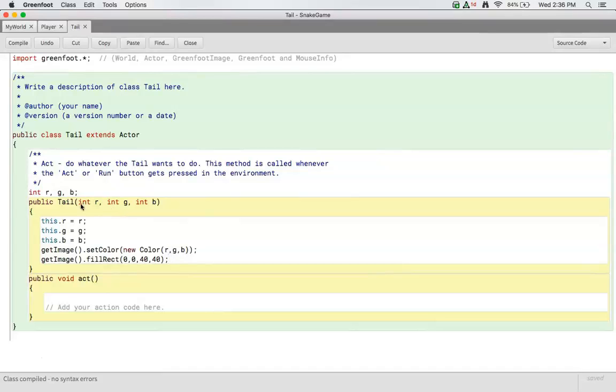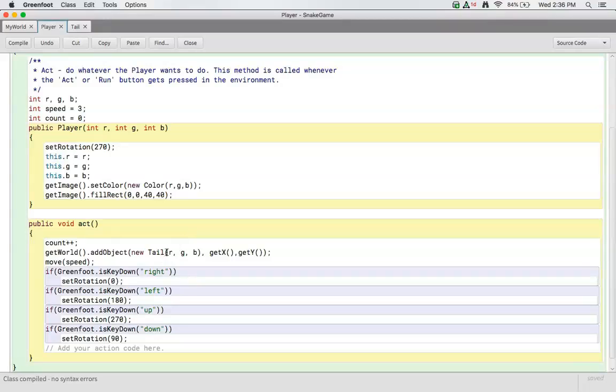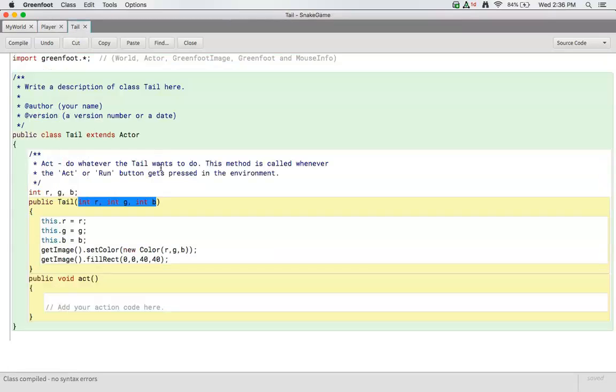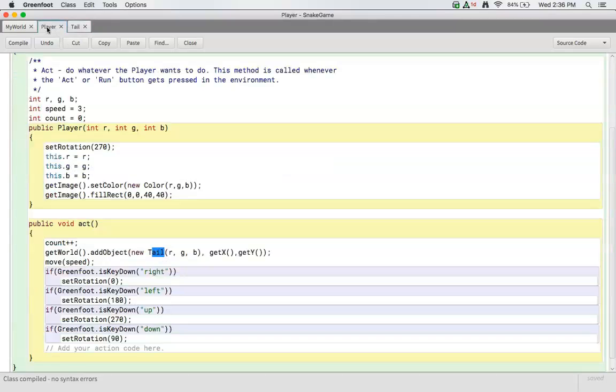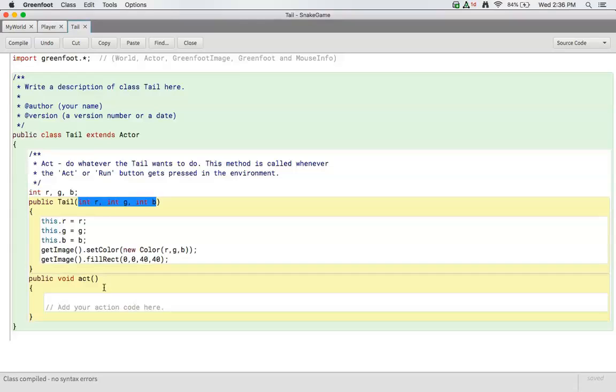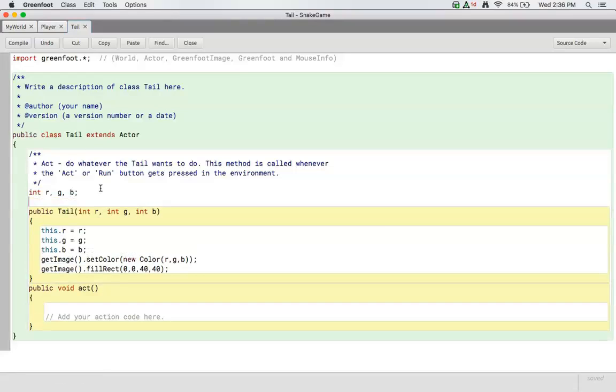the colors of the tail because we got them passed to us from the player's RGB. Okay, so this is referencing it from the player, and it's plugging it in to the tail, and the tail is storing it with these, but it's receiving it through this. Okay, and so with our tail in the act method, we want to have another count for our tail, and